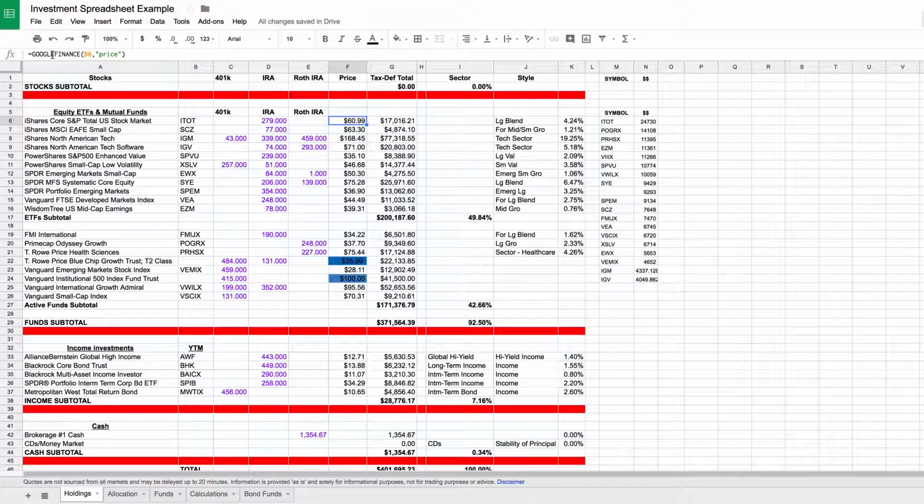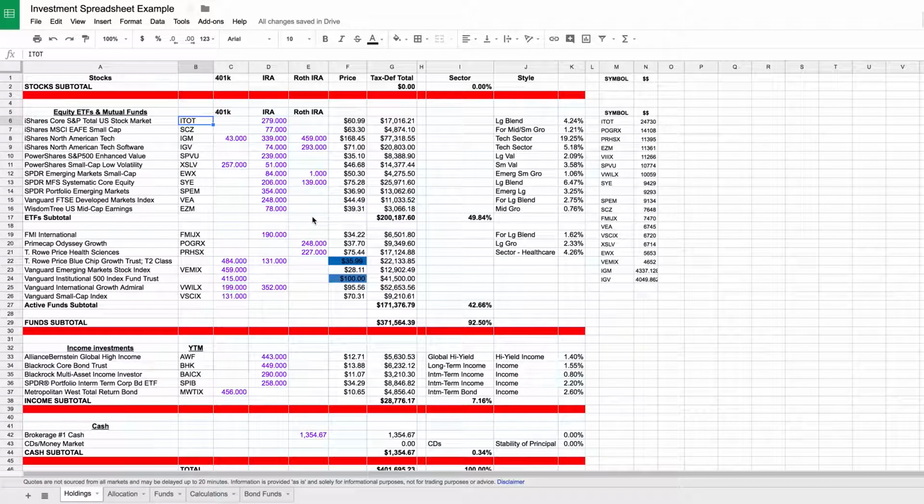Google Sheets gives us a nice function, Google Finance. We can call a particular ticker symbol. In this case, we refer to column B, and then it goes out and grabs the price. At the very bottom, you can see Google themselves saying quotes are not sourced from all markets, may be delayed up to 20 minutes. So this is by no means a method for high frequency trading or day traders